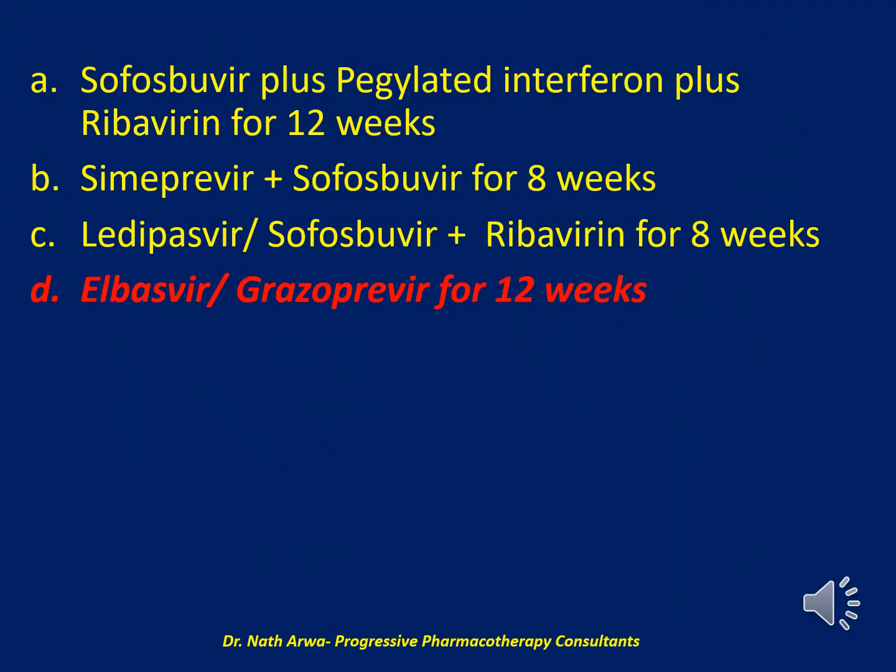And the correct answer is D. Elbasvir plus grazoprevir for 12 weeks. Elbasvir plus grazoprevir for 12 weeks is best. That makes answer D correct. In the C-EDGE clinical trial, the overall SVR was 99% in treatment-naive patients with genotype 1B, including those with cirrhosis